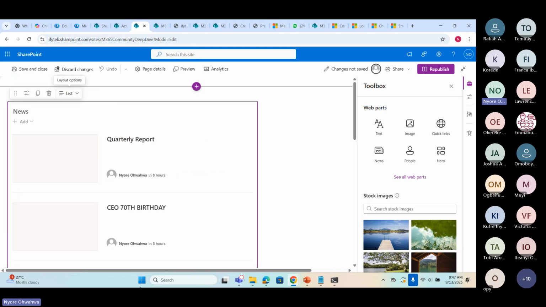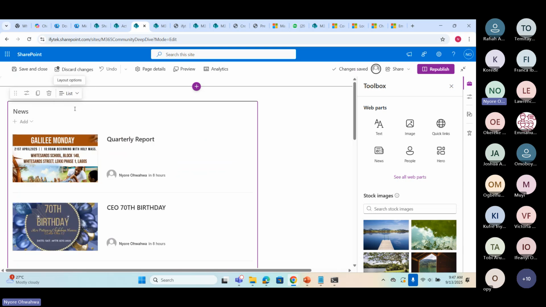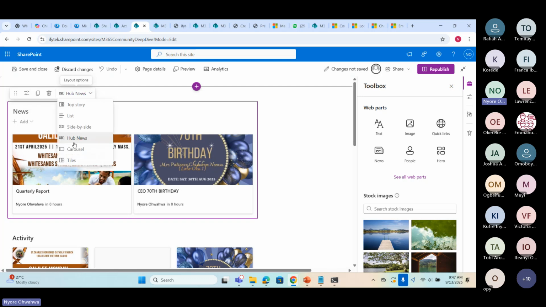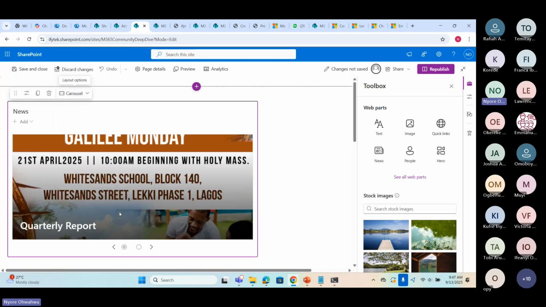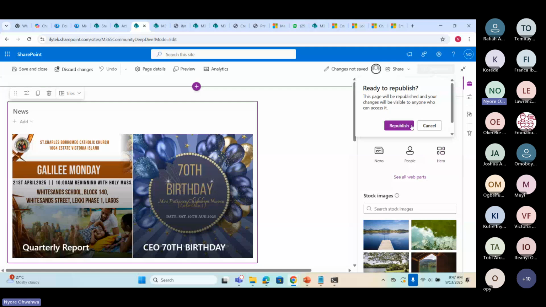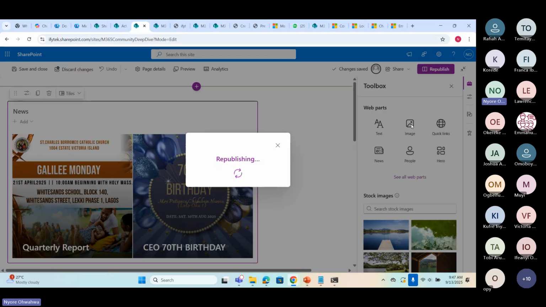So I can change the format of how I want my news to appear. I can say I want it to appear like this. I can say I want it to appear like this. There are different ways that I can say I want it to appear like this. I can say I want it to appear like this. So basically, you just